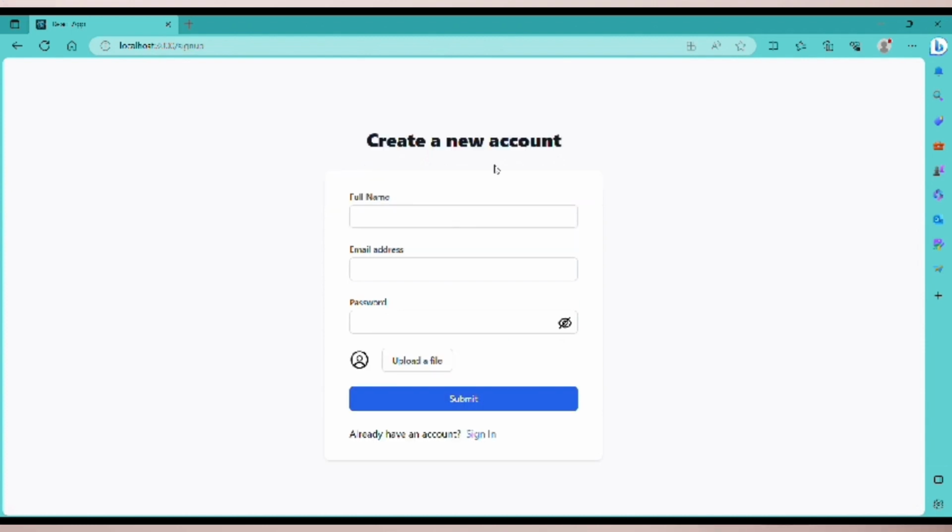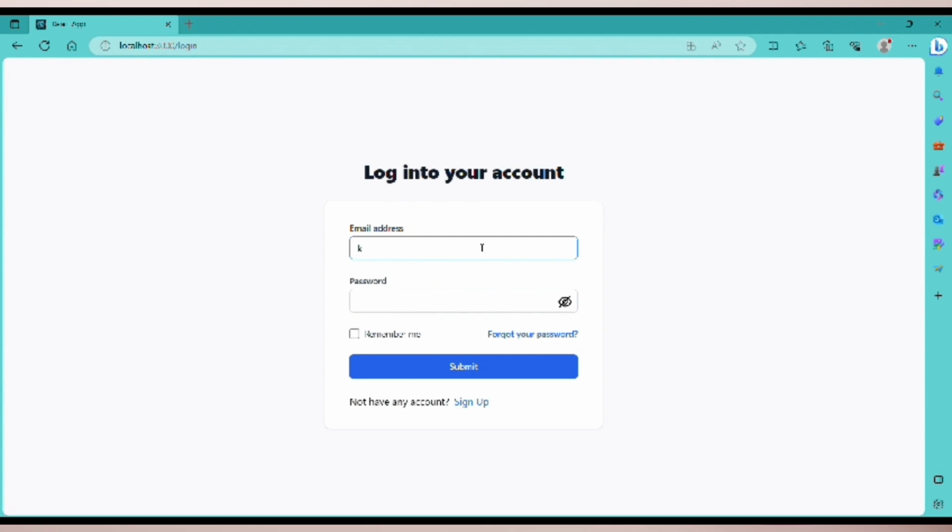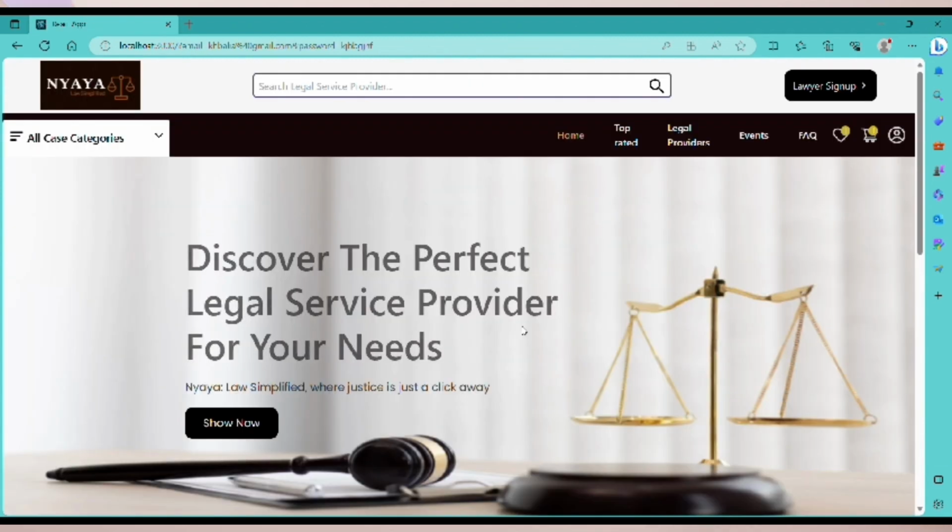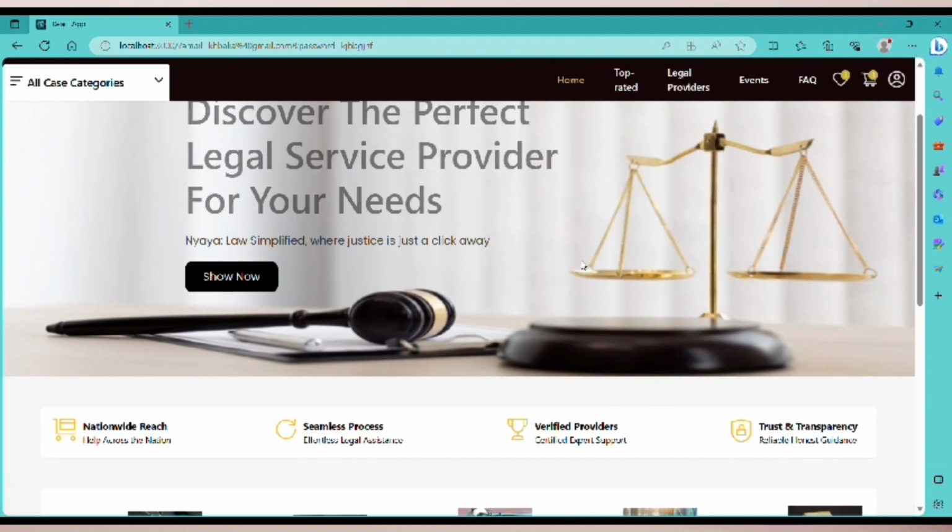If not, you can sign in using the full name, email address, password, and upload a picture which will be displayed on the profile page. So since I already have an account, I will directly log into it. On submitting, I am logged into my account, and you see the home page here where you have the slogan